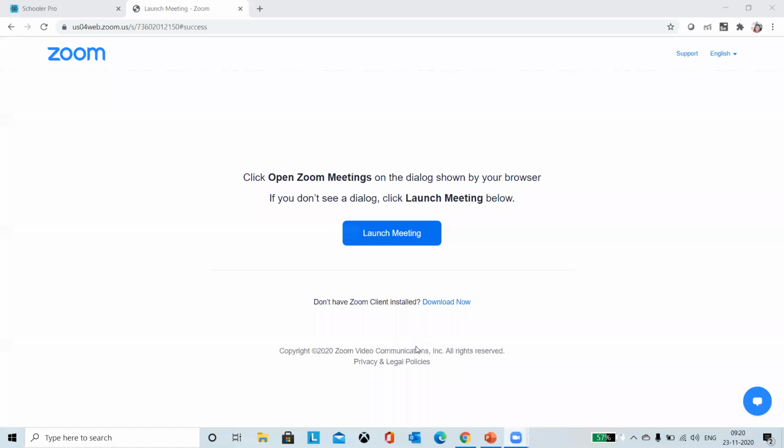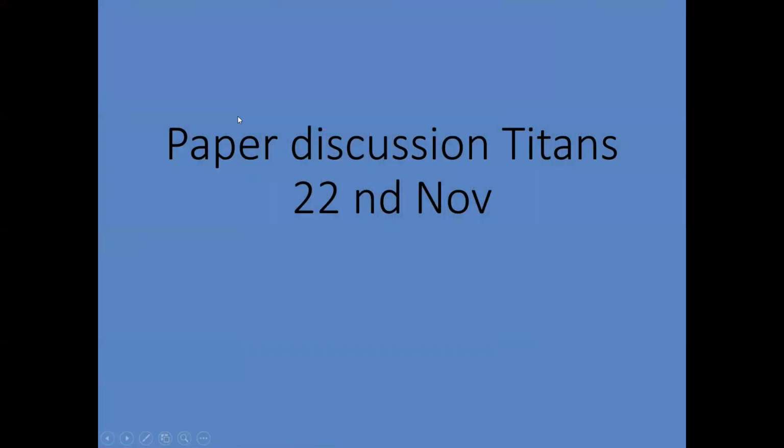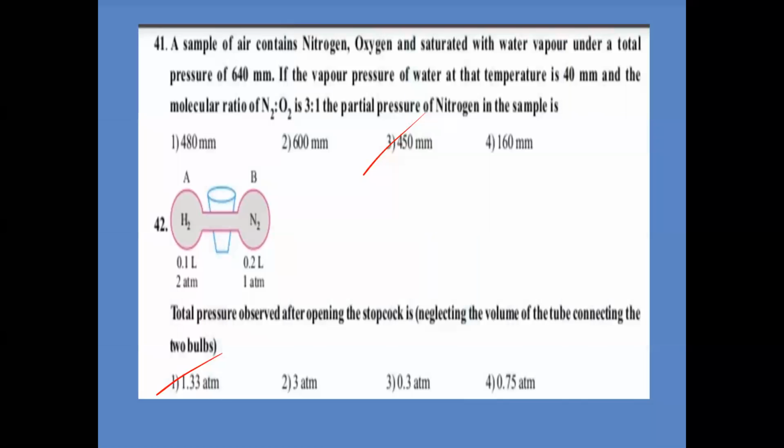And today we are going to discuss yesterday's paper. So the first question of yesterday's paper was: a sample of air contains nitrogen, oxygen, and is saturated with